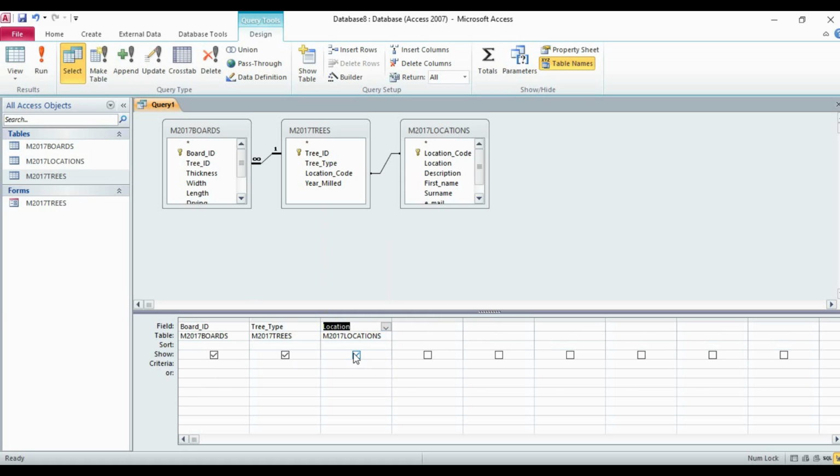So now I want that in this query the table must display field data: board ID, tree type and location. So I have chosen only these three fields.